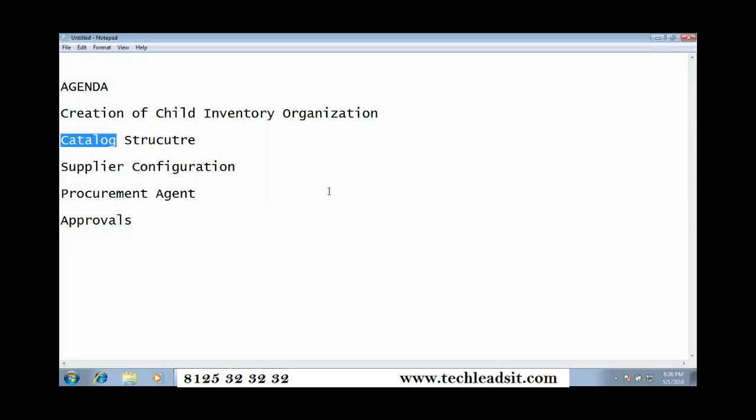Okay, so what I'm going to do is create a catalog. Under that I'm going to keep some categories. So I'm defining the structure for our self procurement purpose. Okay, and